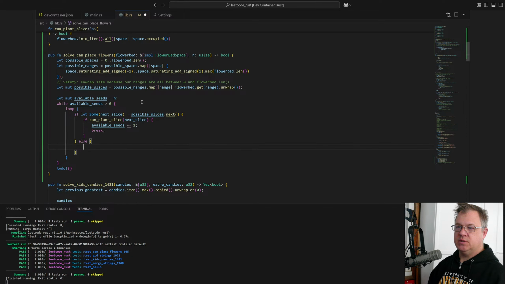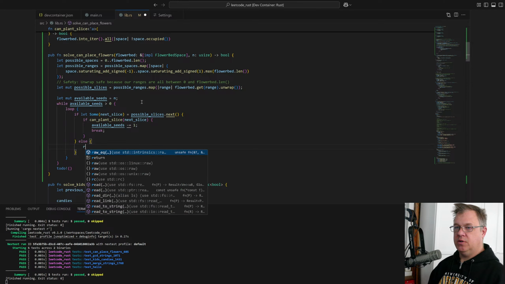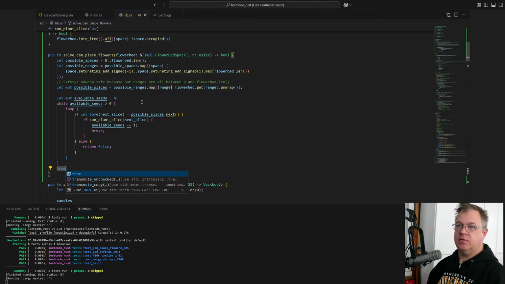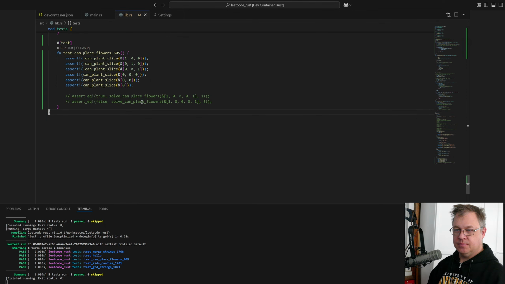Otherwise, and this is the outside one, we're out of spaces and we cannot plant. So if we get to here, then we return true. I think we're good.